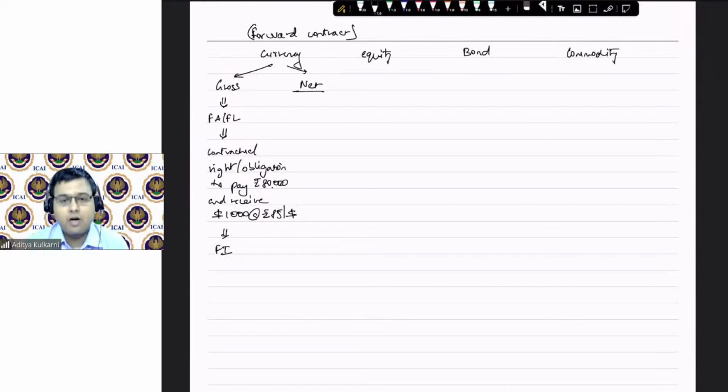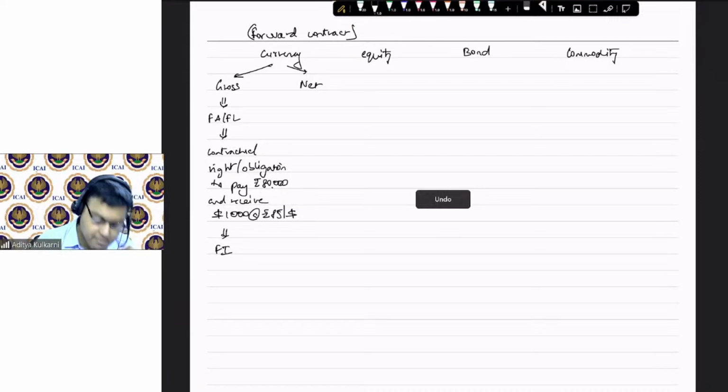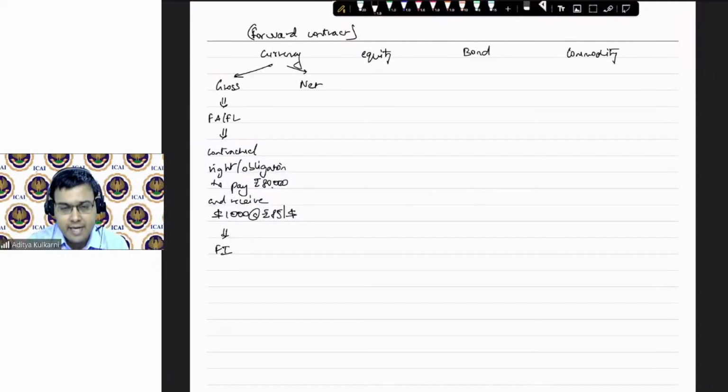Net settlement. Okay. What happens in net settlement? Sir, look at our example. I tell the bank or the bank tells me, look, why I should pay you 85,000 worth of dollars and why you should pay me 80,000 worth of INR. Let us do one thing. We will settle this contract by the bank paying the forward contract holder net 5,000 rupees. So there is a movement of 5,000 rupees.